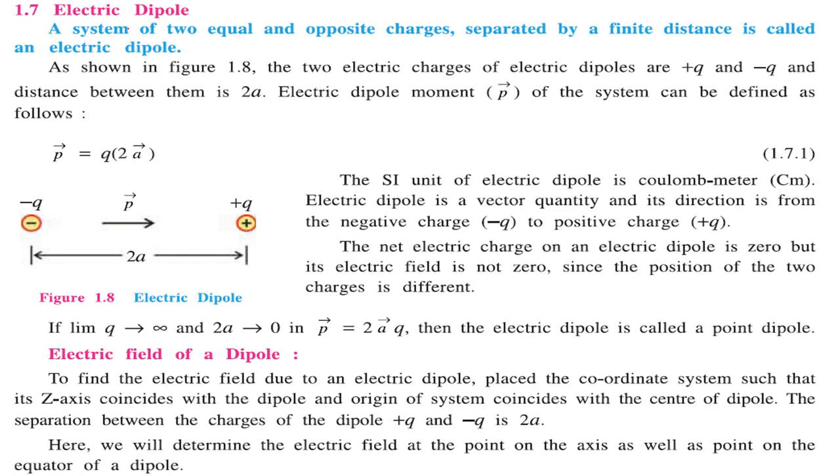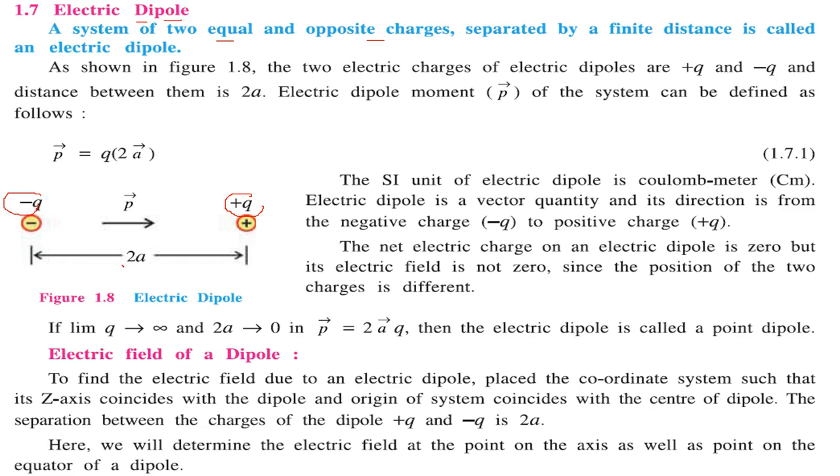Electric dipole. What is a dipole? Di means two, pole means charges, two charges. So a system of two equal and opposite charges which are separated by some finite distance is called an electric dipole. Here the two electric charges of the dipole, that is plus q and minus q, are separated by